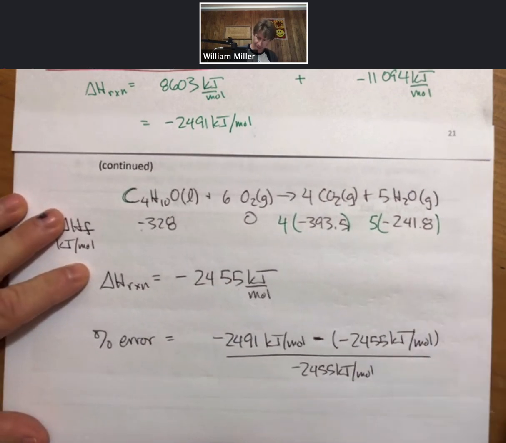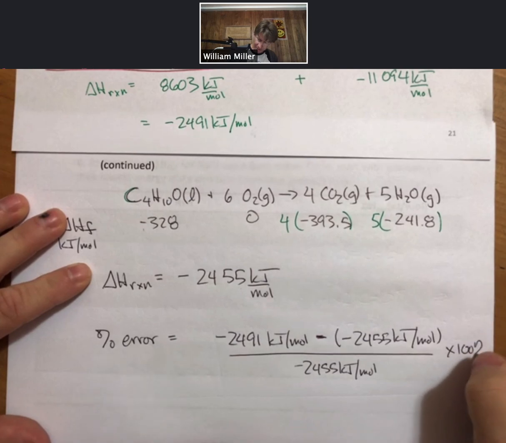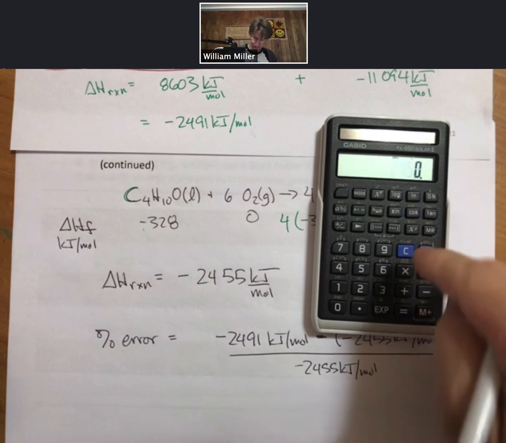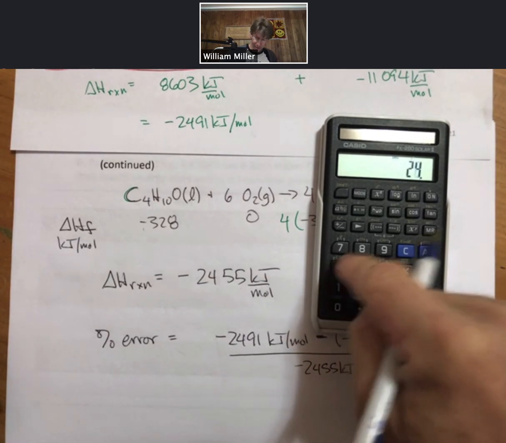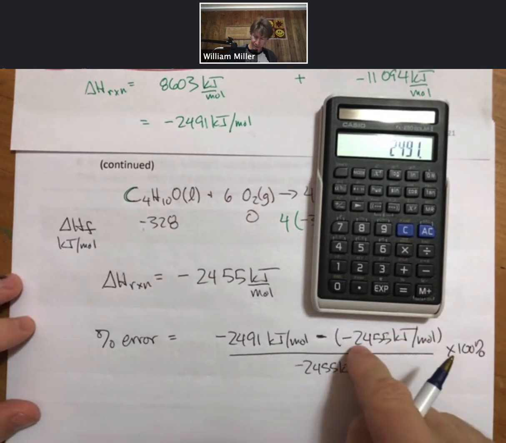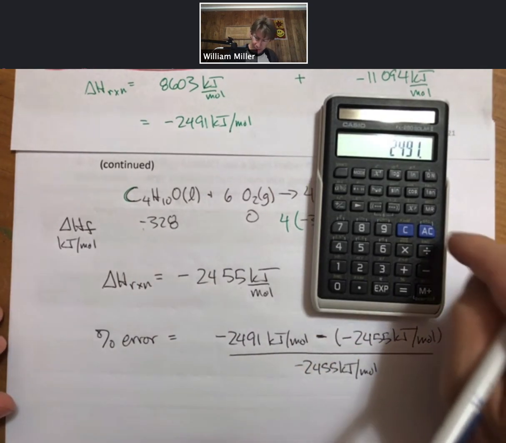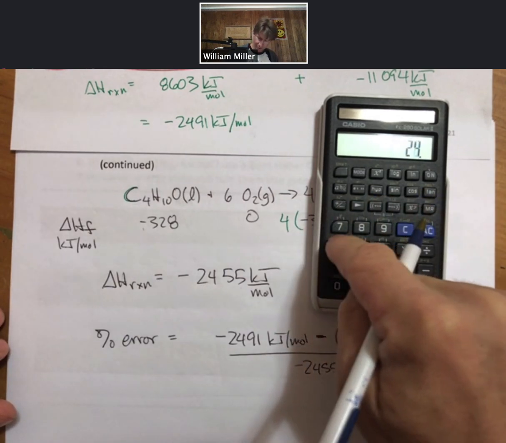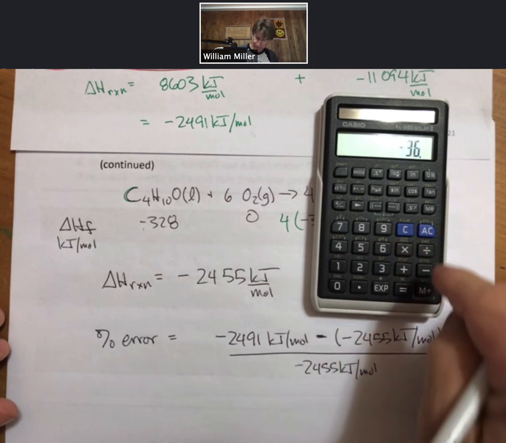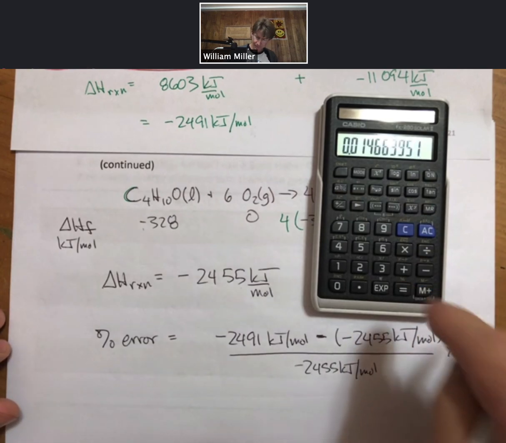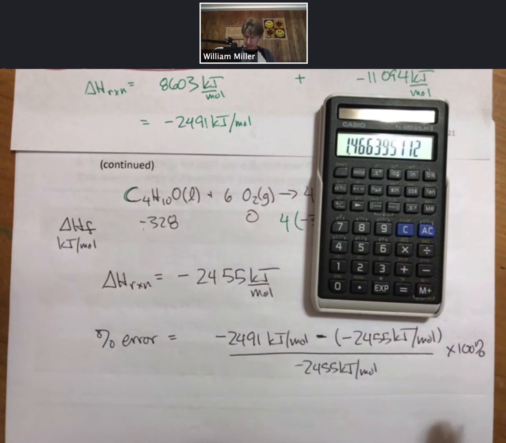Times 100%. We're going to get a relatively small percent error. Minus 2491 plus, so there's two minuses there, 2491 minus 2455 divided by 2455 times 100%. 1.5% error,